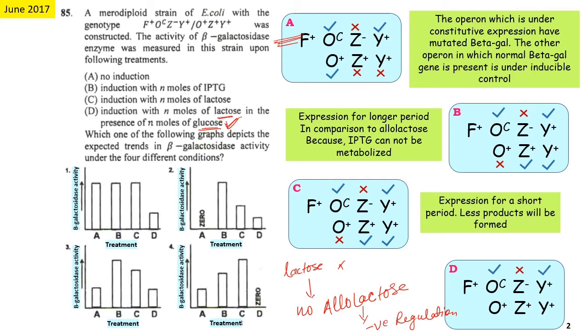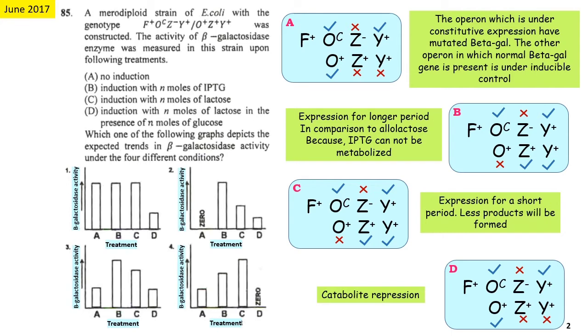In case of the second operon, as the cells are not utilizing lactose, they are not taking in lactose, so no allolactose molecule will be formed inside the cell, and so the repressor molecule will bind to the operator and these two genes will not express. So the overall conclusion is that it is because of the catabolite repression. Now you can learn about catabolite repression in detail in my previous videos on lac-operon.